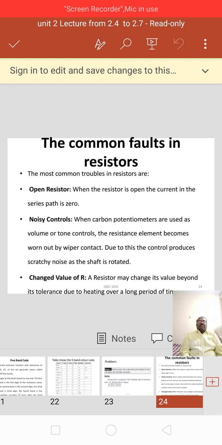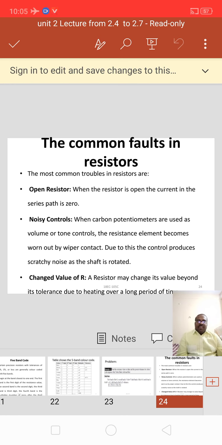By this we can find out the resistance value with the help of the 4 band color code technique as well as the 5 band color code technique. For knowing the resistance value, we must know the two tables. Okay, we must remember the BB Roy, very good, Great Britain, very good wife.